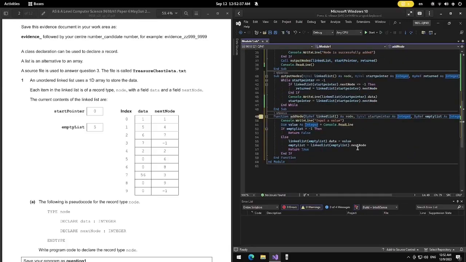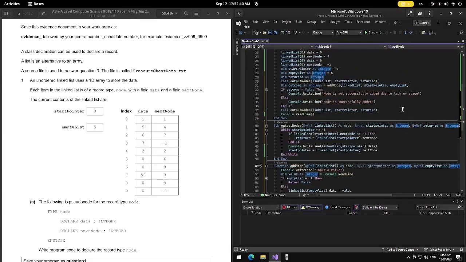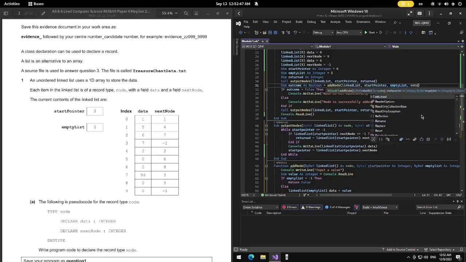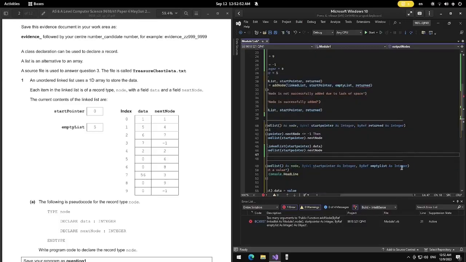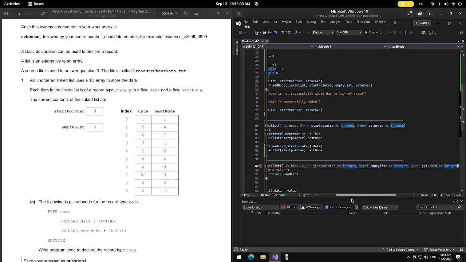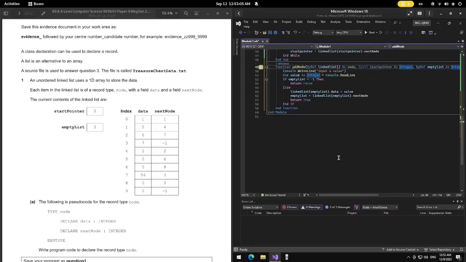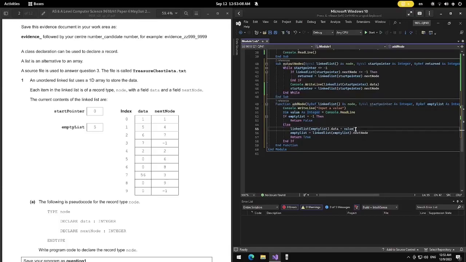Now what we do here, we then need to take the returned value into our outcome. So we do here, we should take return and AddNode here by the integer. Here what we do is the value we'll do something like linked list return